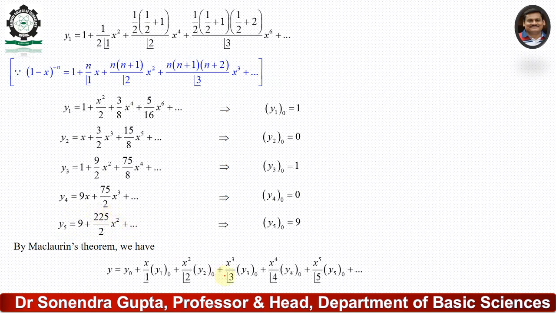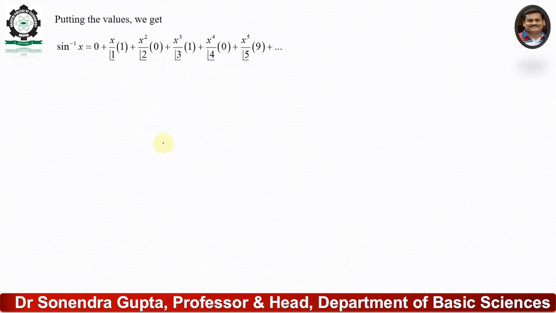Now the Maclaurin theorem formula is x to the power 5 of this much. Now putting all these values, then we get this much, and we simplify this expression, then we get the solution: sin inverse x equal to x plus x cube upon 6 plus 3 upon 40 x to the power 5. Now what will we learn in this question? The learning in this question is how to use a binomial expansion to solve the expression in the simplest form.